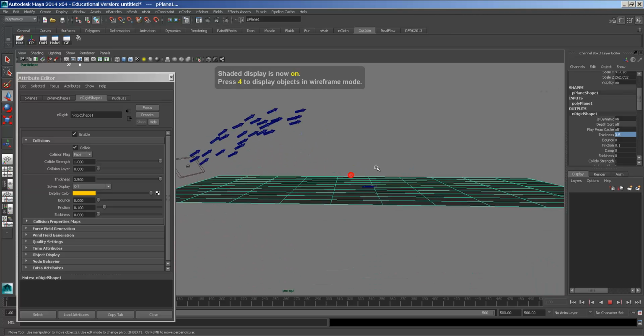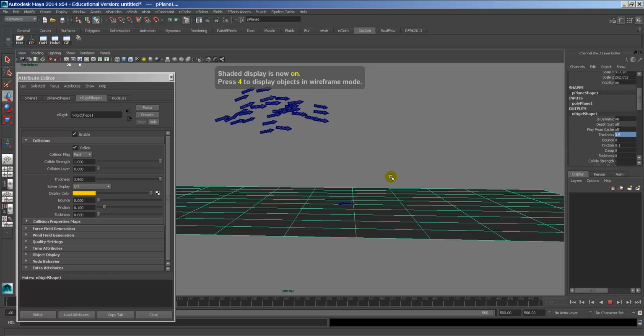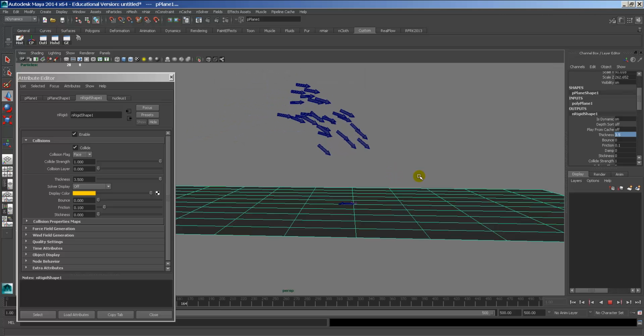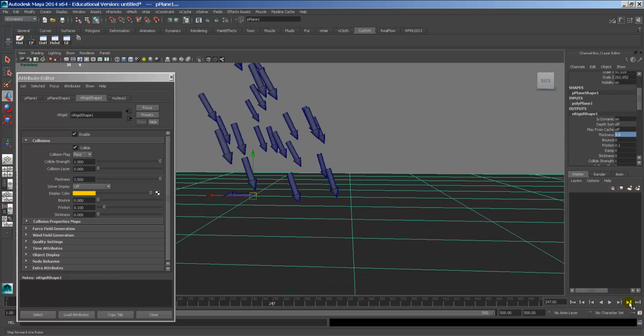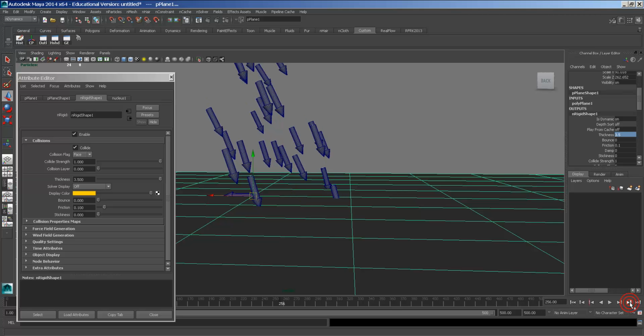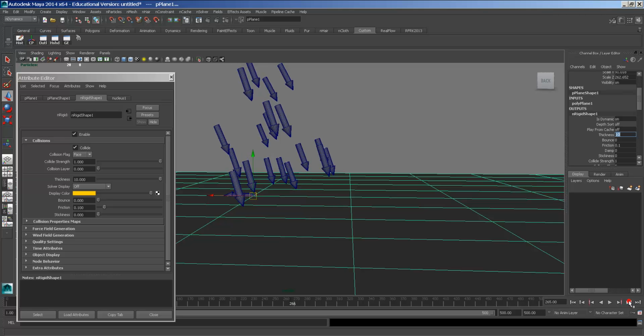Then we'll wait and see what happens. Okay, and you can see they're still pretty much going mostly into the ground. Let me take this thickness up to like 10. There we go. And I think at that point we've kind of hit it